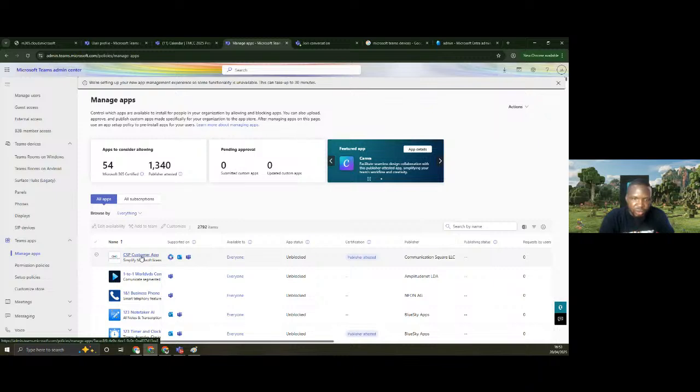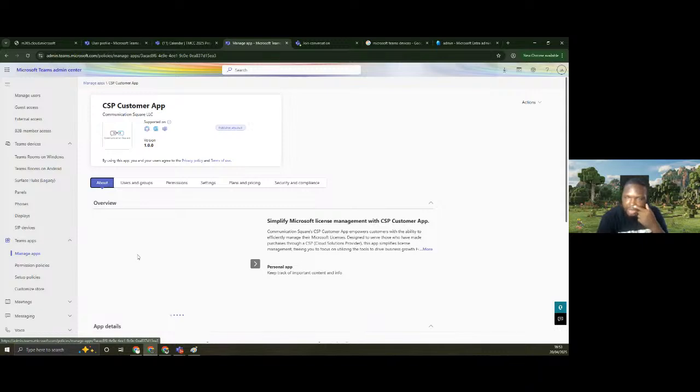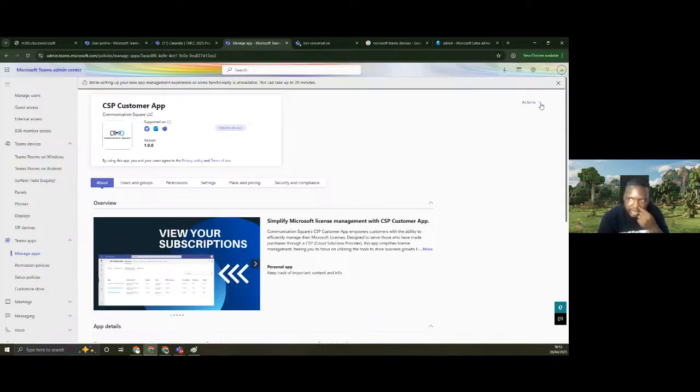How you do that is you pick the application. Once you pick the application, you can come to action up here. I think I will even need to open the application this way. When I open the app, I come to action up here, and then I can decide to say, no, I want this app to be blocked. It depends on what I have for it. I can decide to block it. I don't know why that's not clicking.